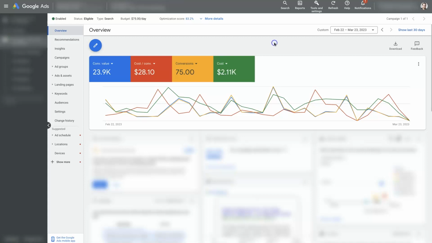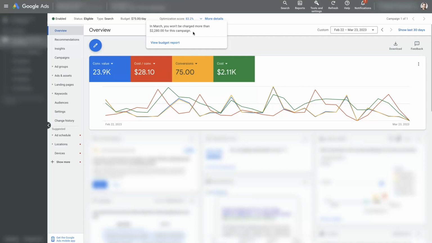So when you're running ads on Google, we have a campaign selected over here on the left hand side. And so you can see up at the top, it's showing that the campaign is enabled. It's showing the daily budget. And if we hover over that, it'll even show the monthly budget. Basically, in a given month, it actually knows how many days are in the month, I think. So in March, it's saying it won't spend more than